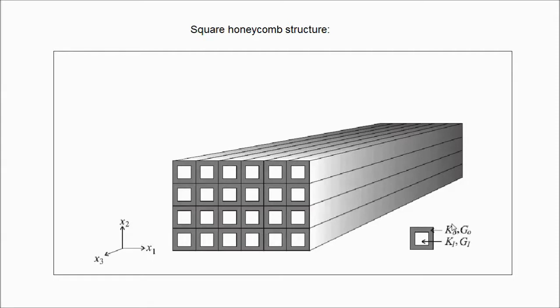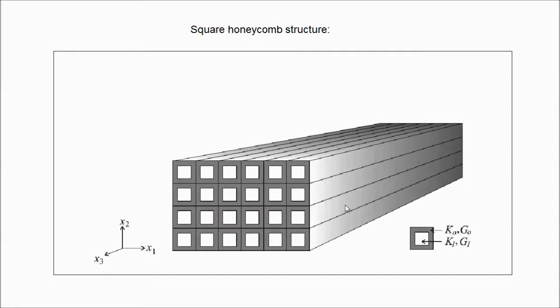These bulk modulus and shear modulus are found by the formulas which you know from the compendium. So these are easily calculated since we know the Young's modulus and the Poisson ratio of each of these isotropic